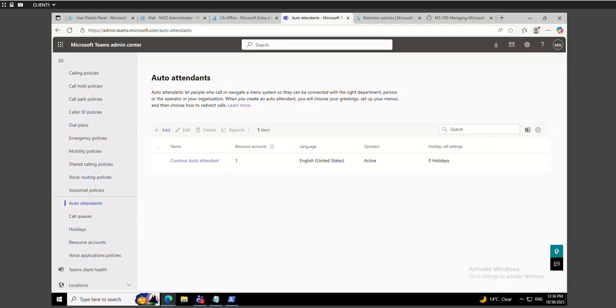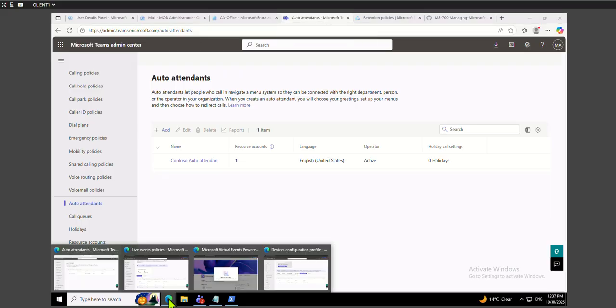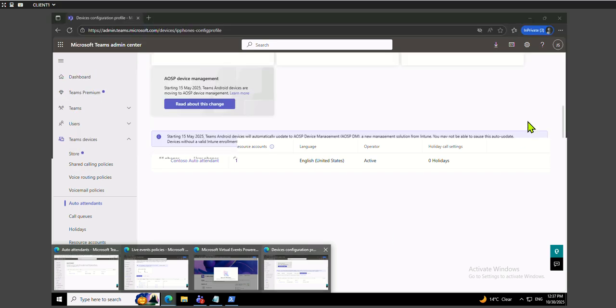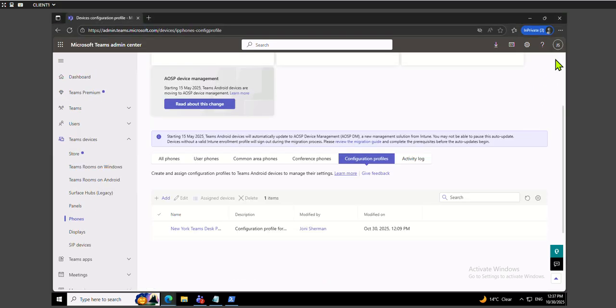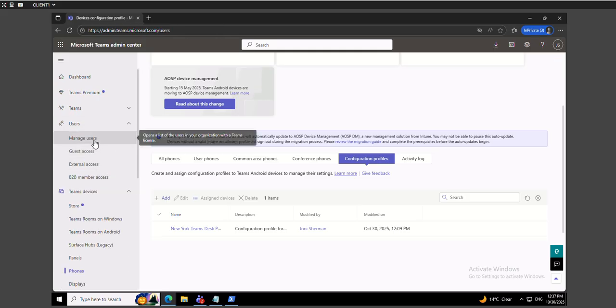Now let's explore the reports for call quality in Microsoft Teams. We are going to explore the call analytics for the users and the settings. So we are already in the Teams admin center logged in as administrator, but we need to have the control as Joni Sherman in the Teams admin center. So on the users, manage users,